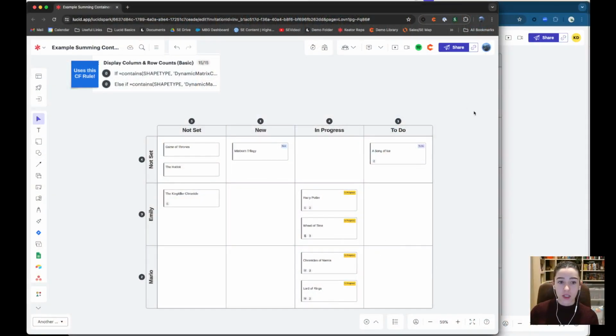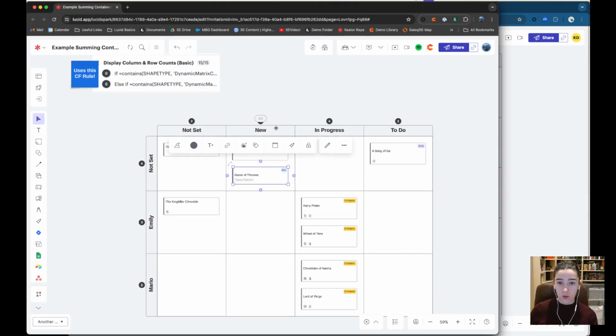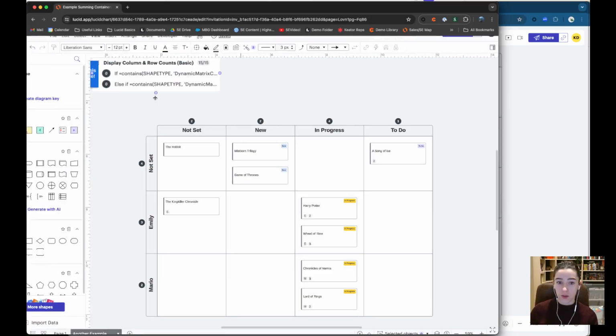I'm going to show you how to make some conditional formatting rules that help you sum up things in a dynamic table. So let me go ahead and share my screen. Let's start with one that's a little bit more basic. What I have here is I'm counting how many tickets exist in each column and also in each row. So I'm going to switch this over to Lucidchart so you can see me make the conditional